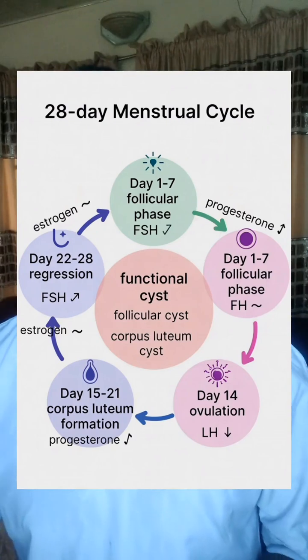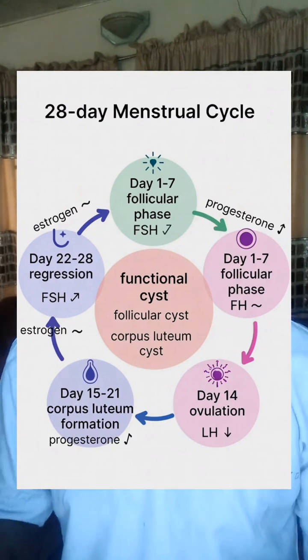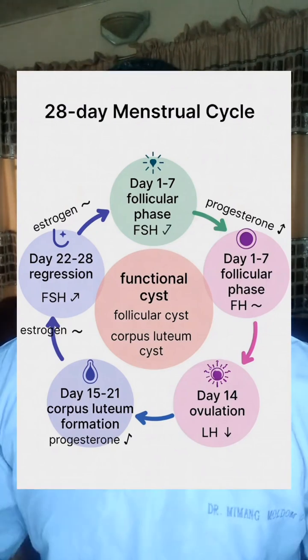Most cysts in women between 15 to 45 are actually functional cysts, which means that they occur because of the normal ovarian function of a woman, and most of them will disappear by themselves within 2 to 3 cycles. You find a cyst now, after three months you check, and the woman doesn't have a cyst, so you don't do much. But if you need to do something for a functional cyst, things that you can do include